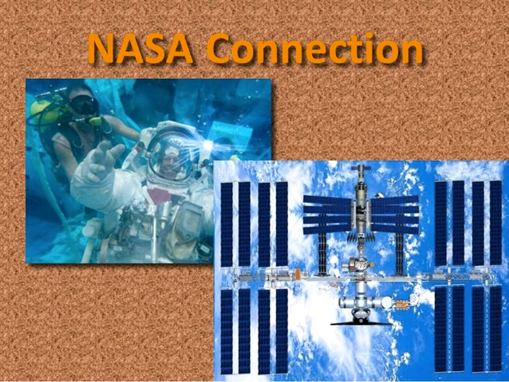We talk about neutral buoyancy when we have, at Johnson Space Center, a large pool called the Neutral Buoyancy Laboratory, and it's a huge pool where the astronauts put on their spacesuit and they weight it in just such a way so it's very similar to being in outer space, and so they're neutrally buoyant. We also have the space station that we have to keep in orbit, and so there's a little bit of buoyancy with that. So we're going to watch two short videos,